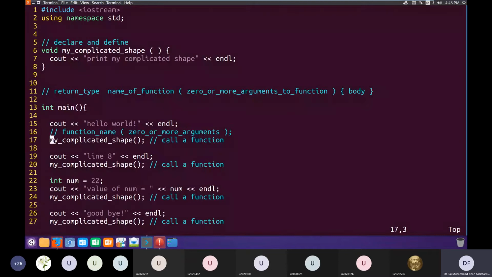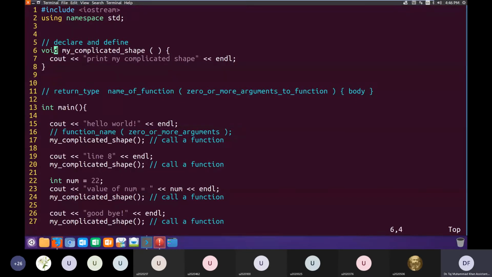What this call does is transfer the execution flow of the program to the first line of the function, line 6. So you see the execution flow here at line 17, instead of moving forward to line 19, now jumped to the declaration of the function, the body of the function.